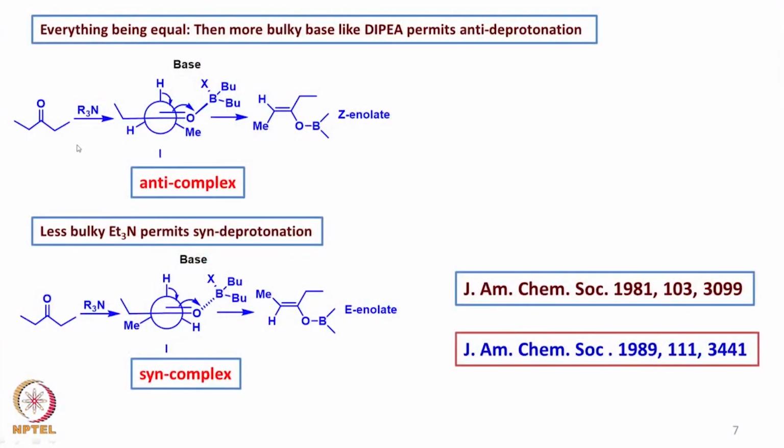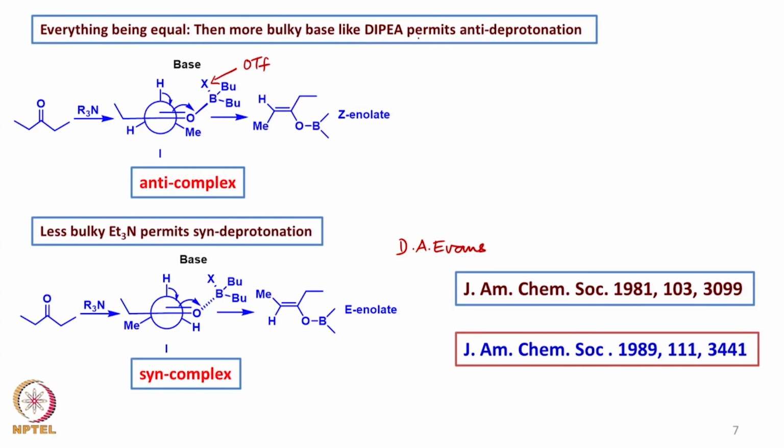So as you can see here, it is the same thing I have written here now, except that we have dibutyl substituents on here, and we have put X as a leaving group. So, it could be, say for example, a triflate. What has been observed by David Evans, D. A. Evans, is that everything being equal,